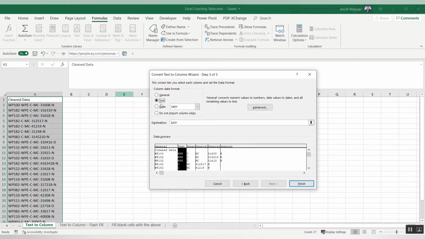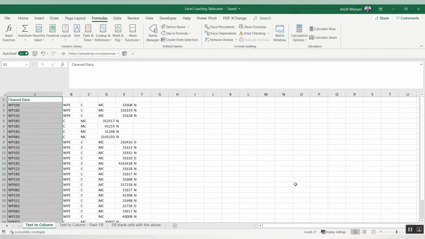There will be no differentiation between both, so I'll keep general. And again, there are no dates to specifically mention. This is the destination where the data should be kept. I'll retain column A itself, or if you want to change it to C1, you can do that. I'll click on finish. Very nice.